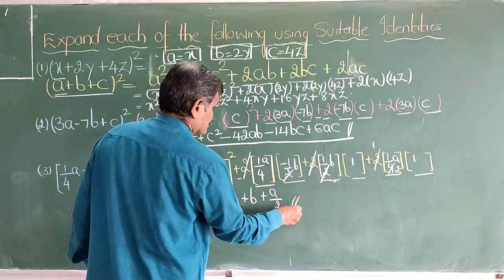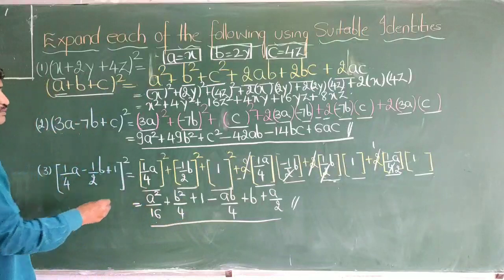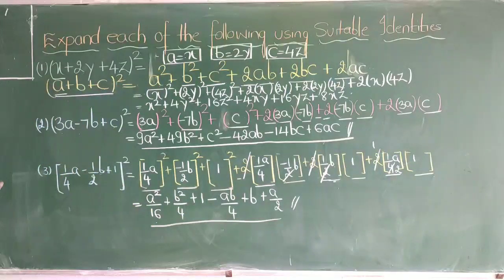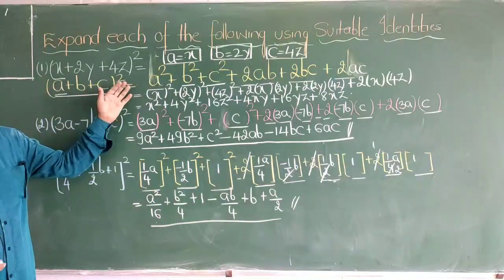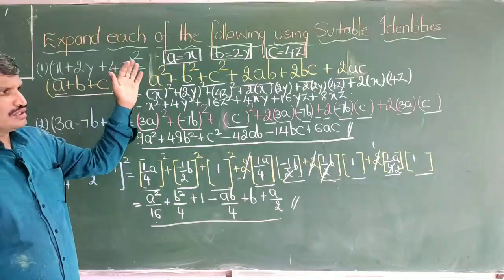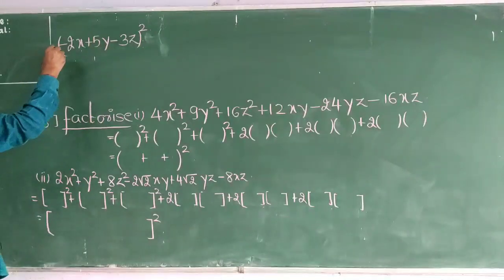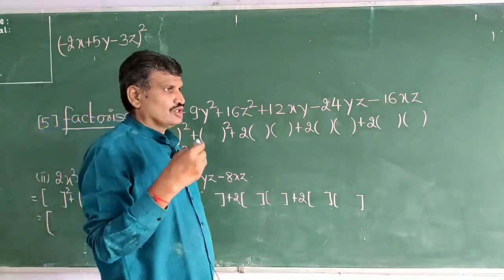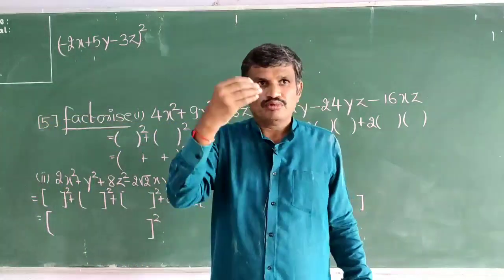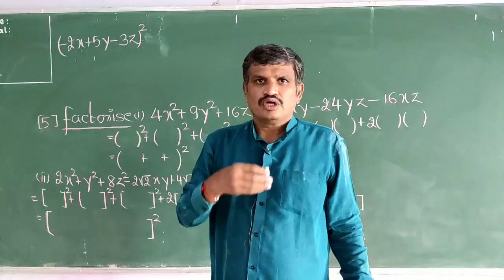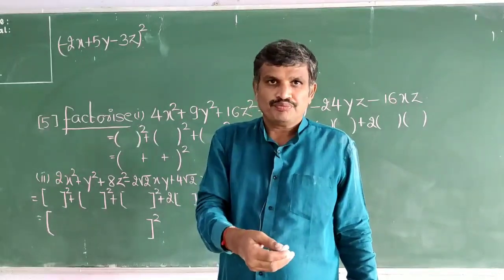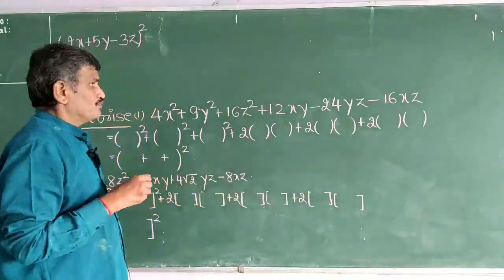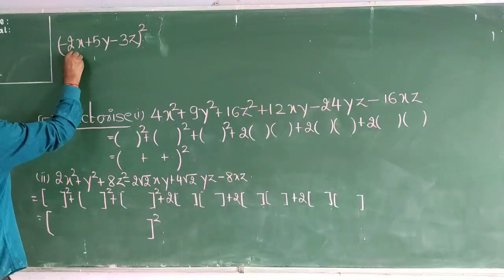That's all. So this is how we can expand a given trinomial, or how we can square the given trinomial. Children, one more problem we will see of a plus b plus c expansion. See here, 2 problems I have solved directly, 1 problem I have solved by formula method. Okay, let me solve one more problem by using the formula. How it is to be done? Again I will tell you.